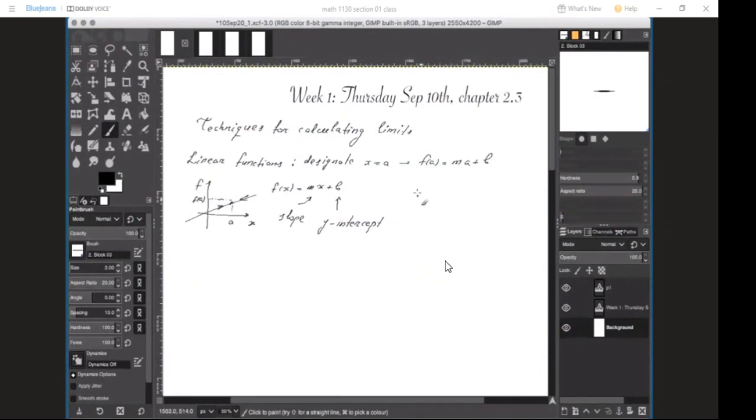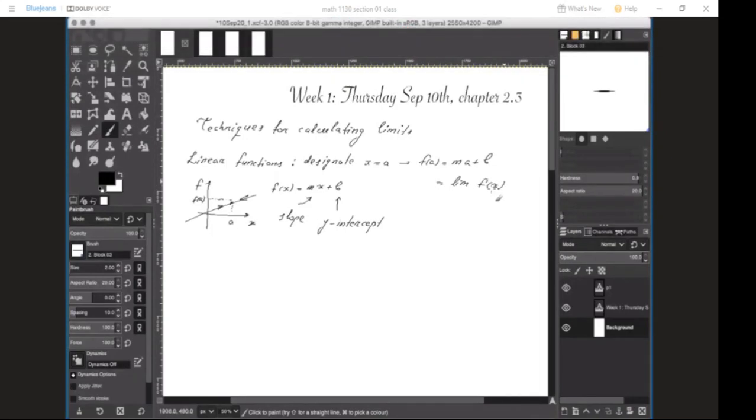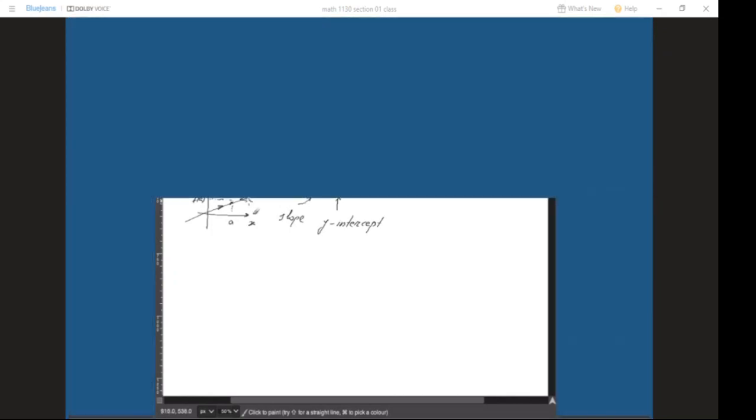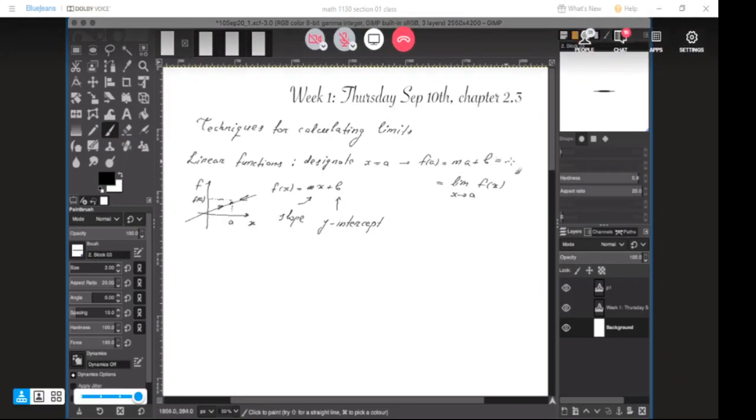And this will also be the limit of f of x as x approaches A. And this is following the definition we set down yesterday. So the closer we get to the point, the closer we approach this value. And since we can evaluate this value, this is our L. So we can call it